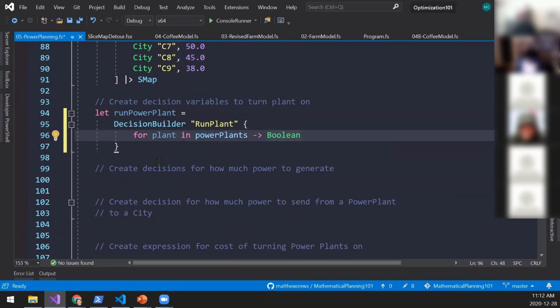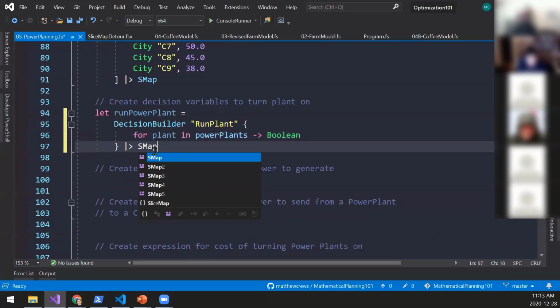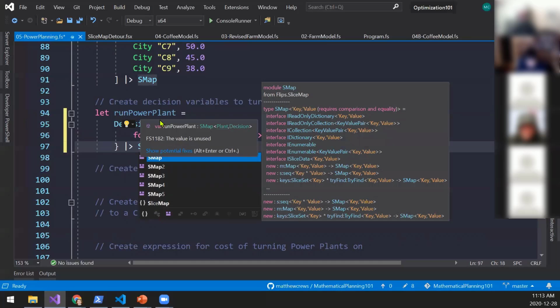What this is saying is, hey, 0, don't run the power plant. 1, run the power plant. And I'm going to put that into a slice map where the key is the plant and the value associated with it is the decision.